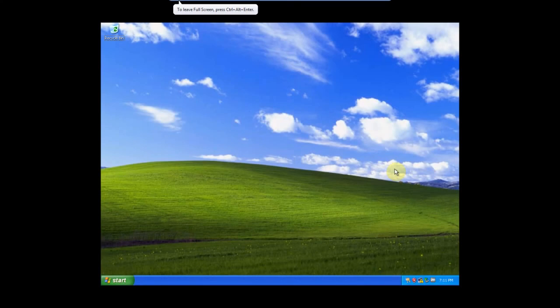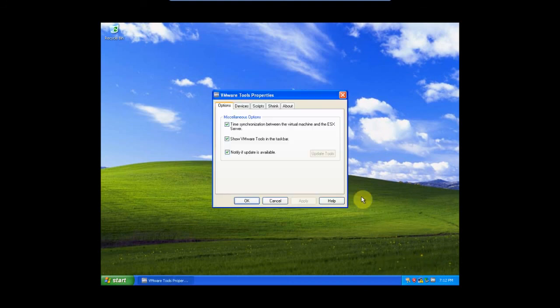Let's do the time synchronization part of the lab. So basically what we have to do here is go to our VMware Tools icon right here, and then choose Open VMware Tools. Once it's open, make sure this is ticked here, time synchronization between virtual machine and the ESXi server. Once this is ticked, the time that the VMware machine gets is usually the same as the ESXi host. So let's see if this actually works. So you go OK,